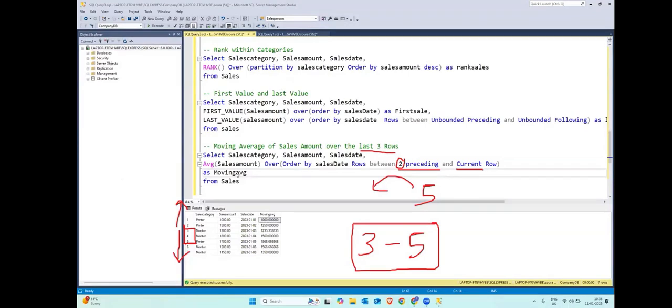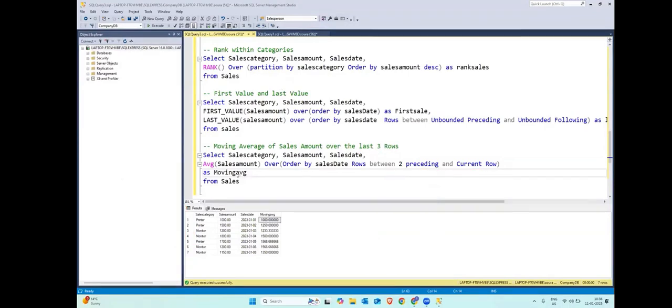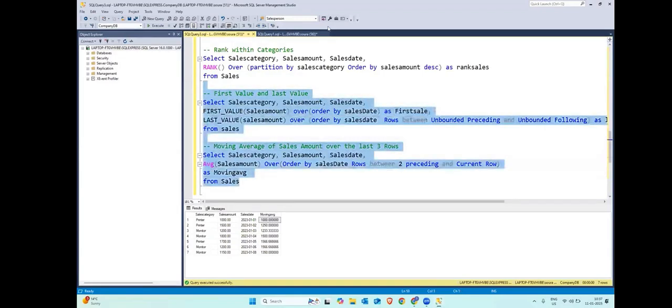But if I want to have a certain value, so I can write 2, 3, 4, 5 preceding or 2, 3, 4, 5 following. बस difference क्या है? Unbounded की जगह मैंने यहाँ पर 2 लिख दिया. ठीक है, unbounded is infinity, जितना table है उतना starting से, and 2 means just पहली 2, मतलब जहां पे अभी है उससे 2 रो पहले, उससे 3 rows पहले. That is the case. So if this is clear, then you can do these questions I have copied in the